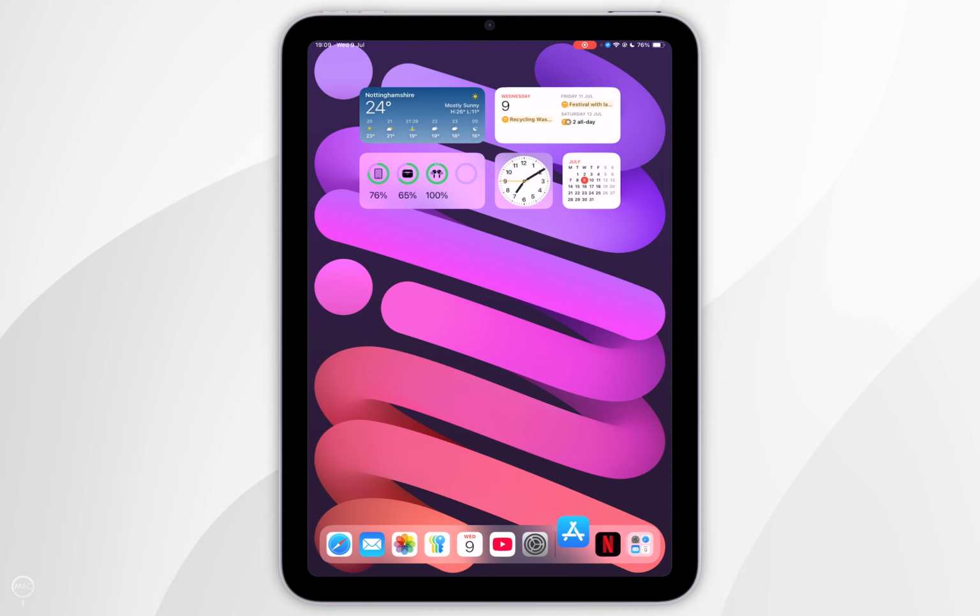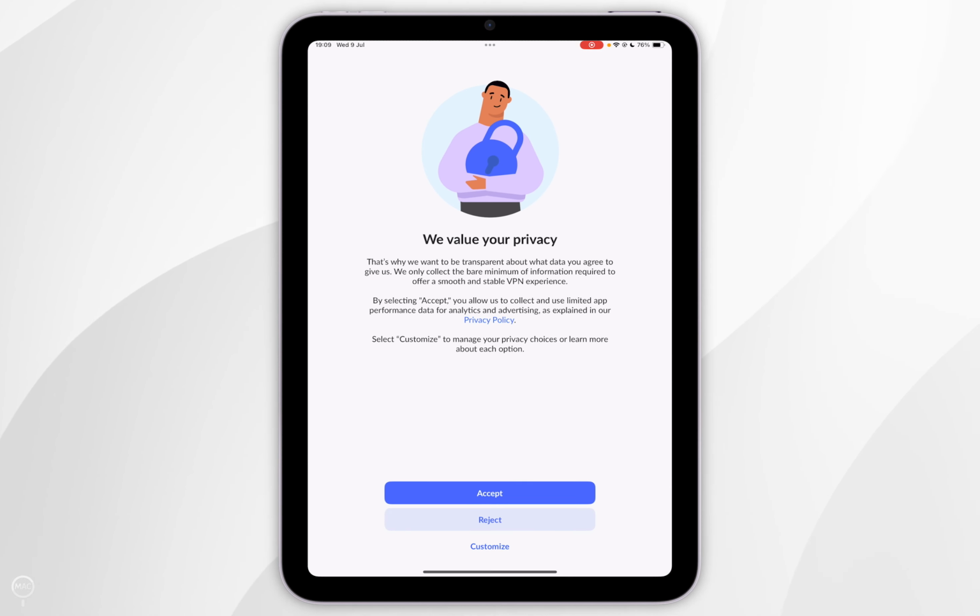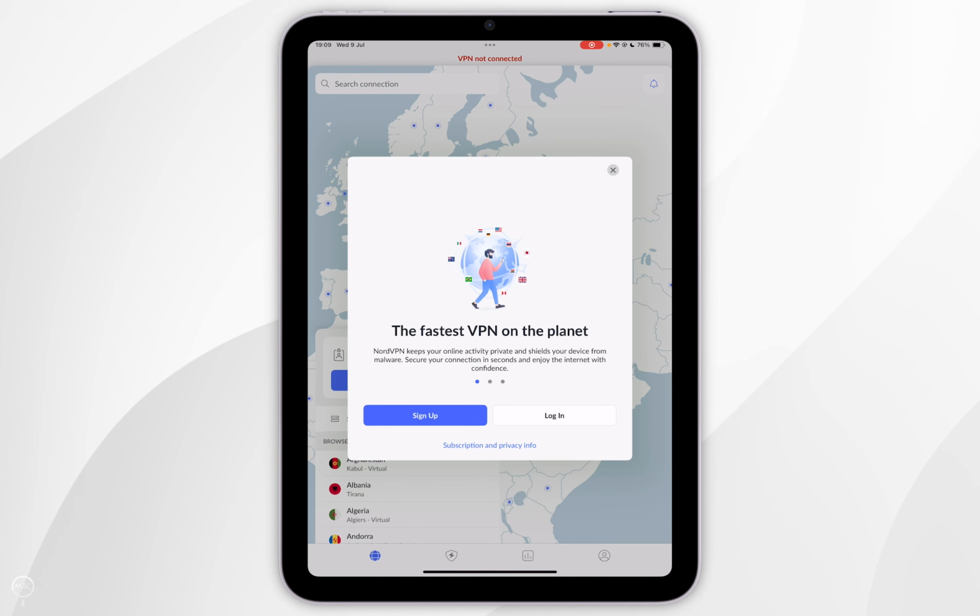Once we've downloaded NordVPN, we can exit out of the App Store, and now we can go ahead and open it up. When you open it for the first time, you'll see this privacy screen, so you want to read through this information, and once you're ready, you want to select one of these options. Now you'll be taken to a login screen, so you simply want to log into your NordVPN account if you